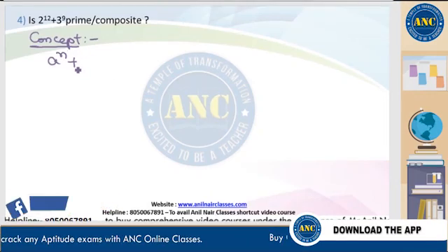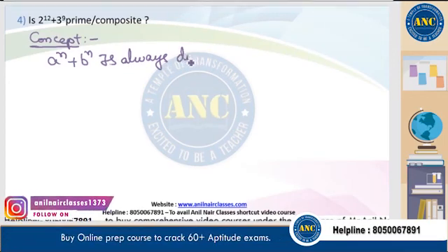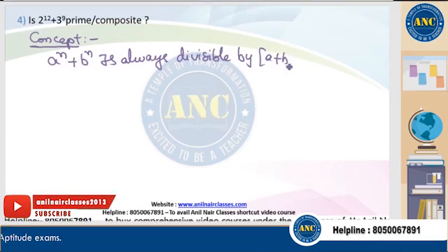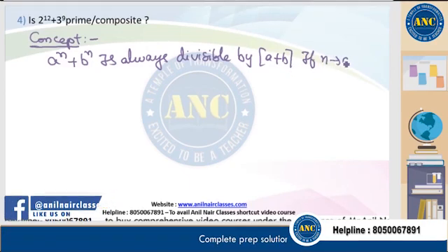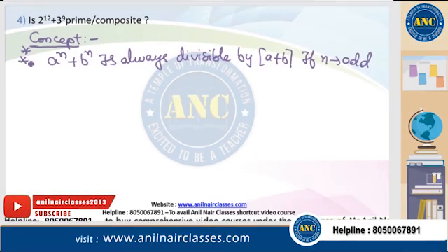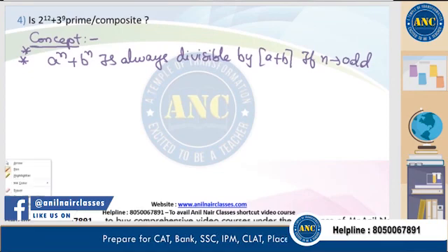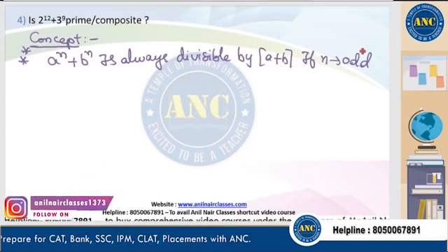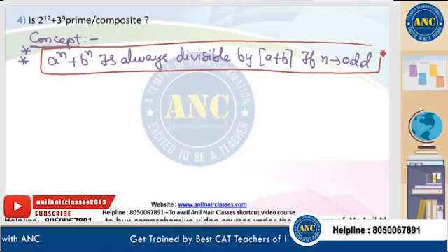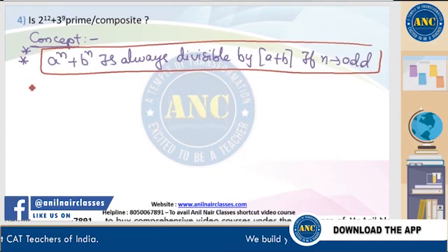a power n plus b power n is always divisible by a plus b if n is an odd number. Every problem that you are solving, I will tell you the concept and how to apply that concept. a power n plus b power n is always divisible by a plus b if n is an odd number. For example,